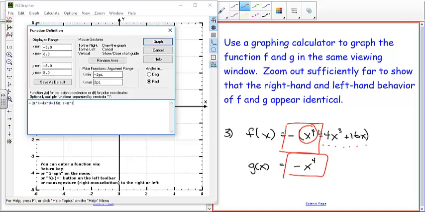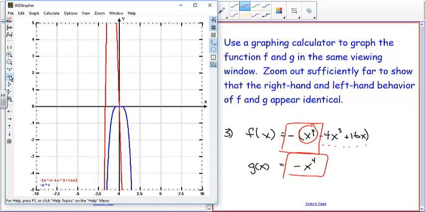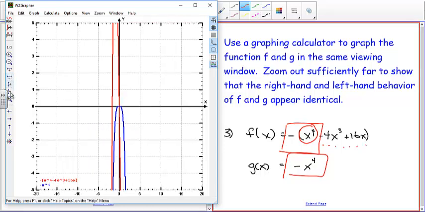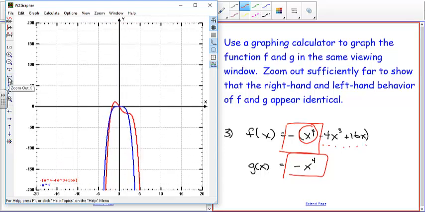Now because these are even powers, we know that the end behavior is either going to go both to positive infinity or both to negative infinity. Because of the negative sign, we know it's going to have this downward frowny face. And if you graph those two functions at the normal magnification, you can see they don't look like they're the same, or they don't approach each other. But if we zoom out in the x direction and we zoom out in the y direction sufficiently,